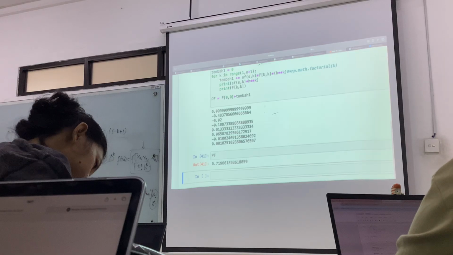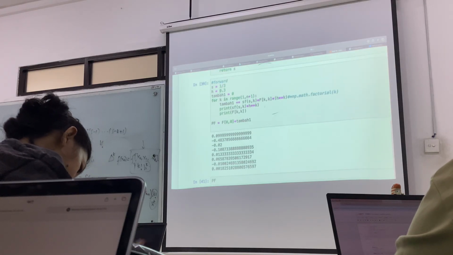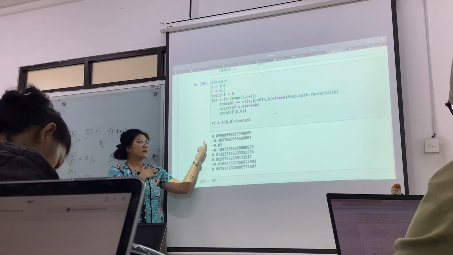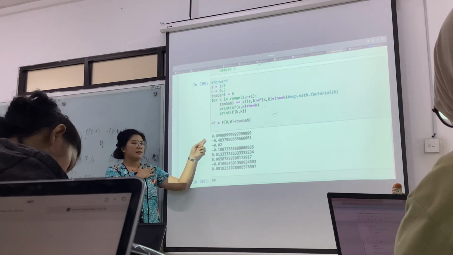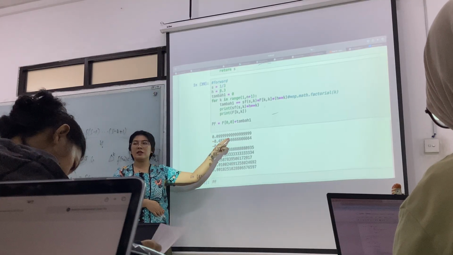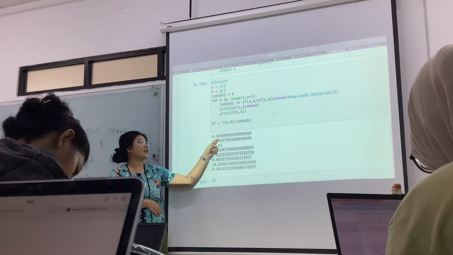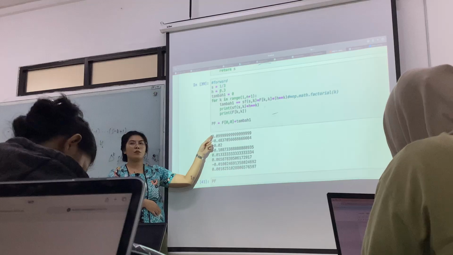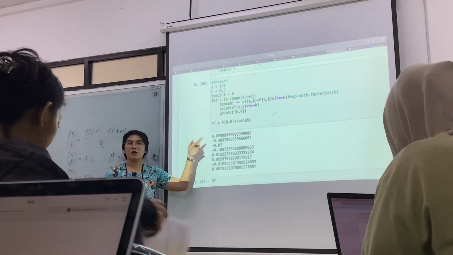Okay, this one is correct already, I think, but I'll check later how to get the same rounding as the actual, because there is an error here, right? There is a very small error, because it should be 0.01, but here is 0.